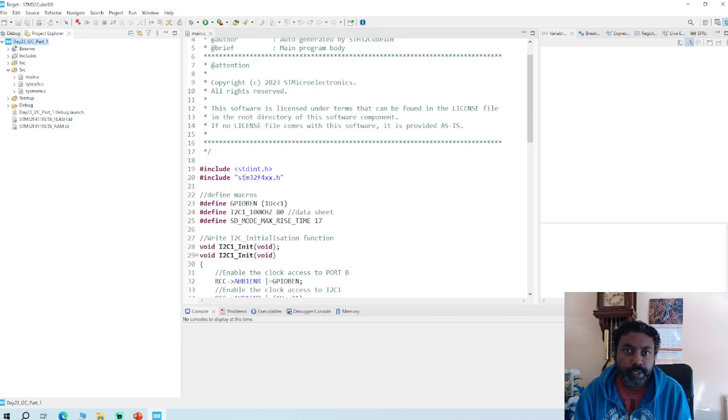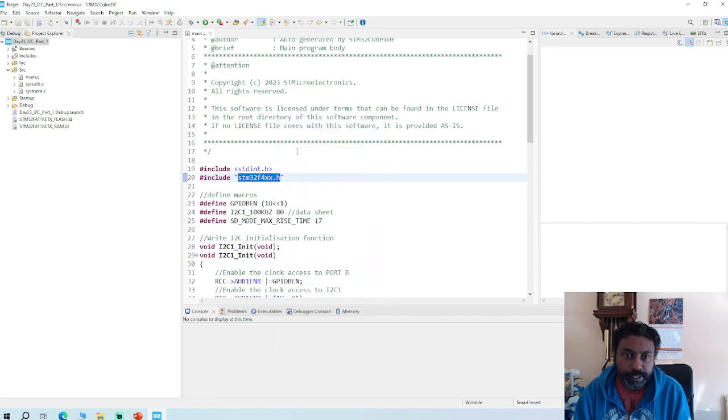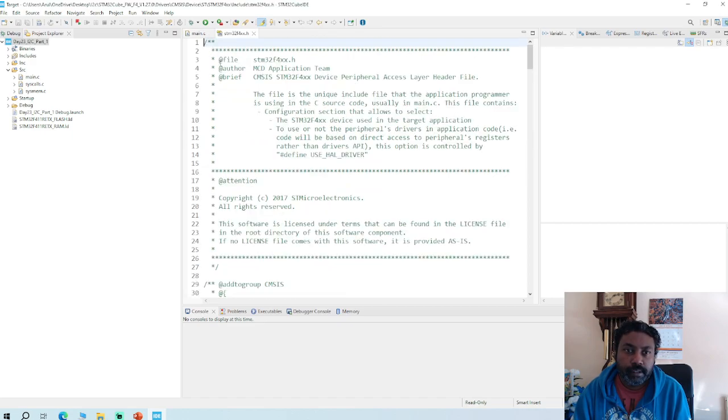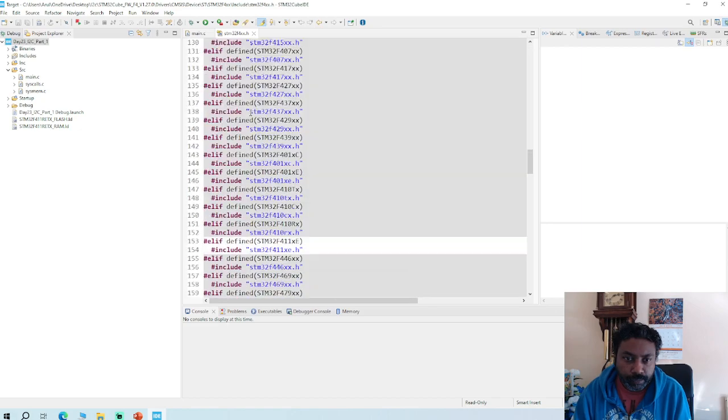stm32f4xx.h. So you have to include that, and simply select this, and then do a right click on this and click on open declaration. That will open the internal header file declaration. In the header file, scroll all the way down and copy the STM32F411 symbol, which is this one. We already copied, that's why it's highlighting. So copy this symbol